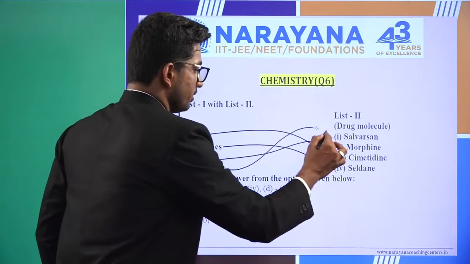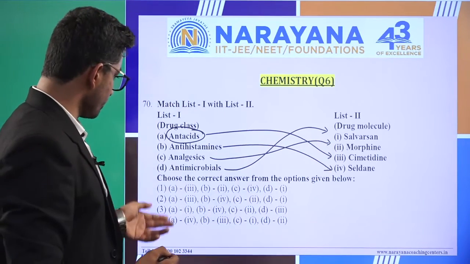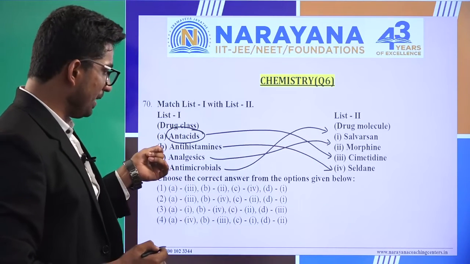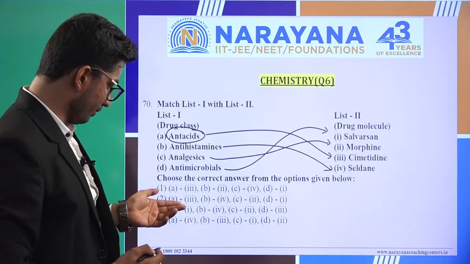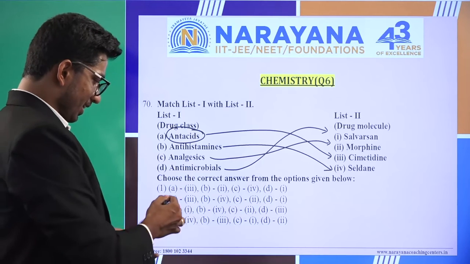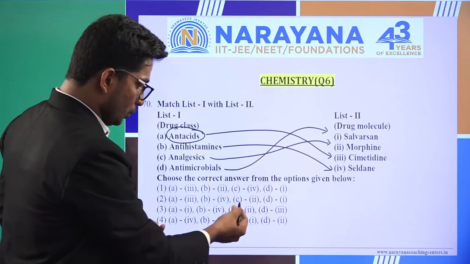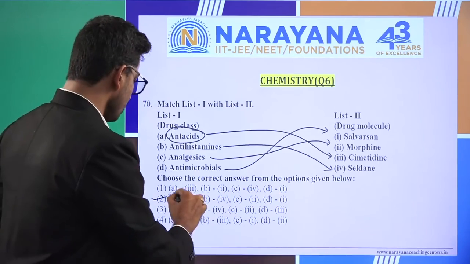Now can we check which option is correct? Antacid, it is number 3, so A3. B we have 4, so B4. We can see that we got the answer. Let's check. C, it's 2, and D1. So the answer is option number